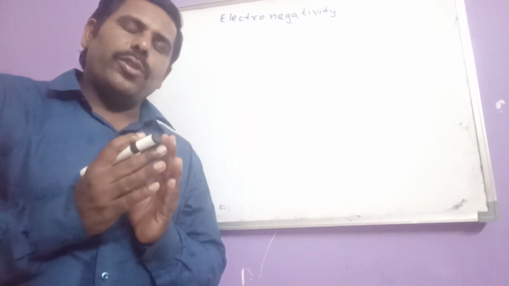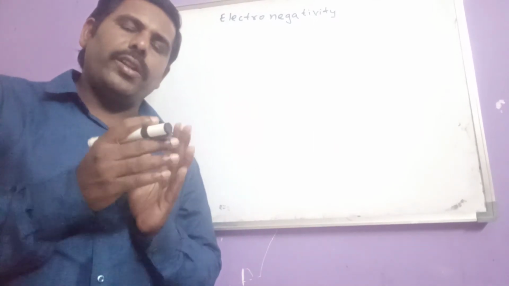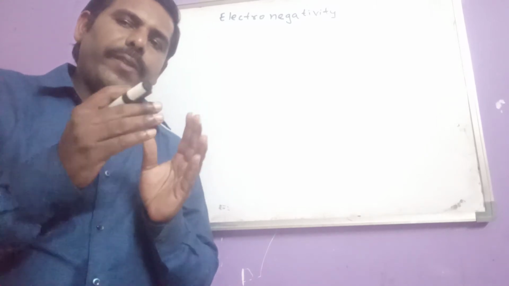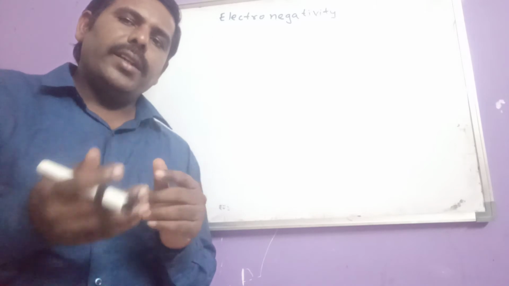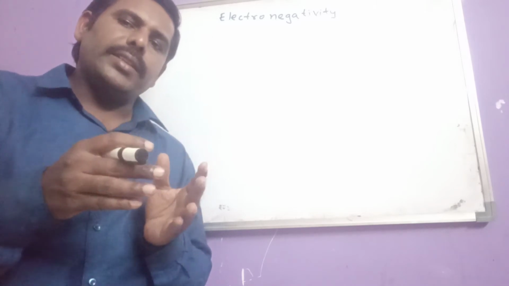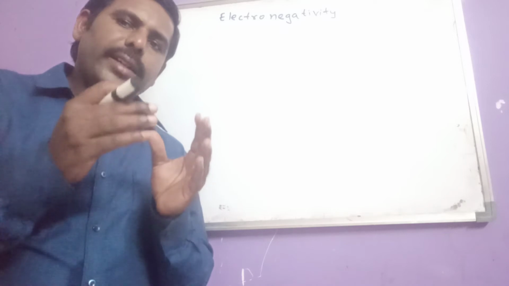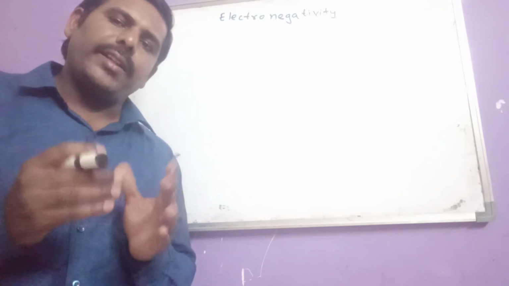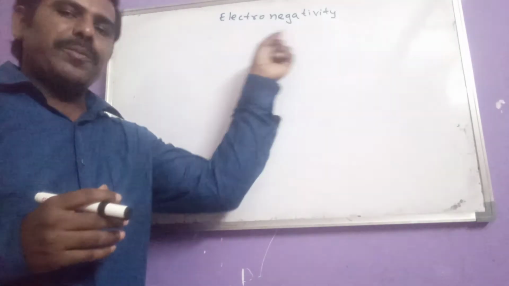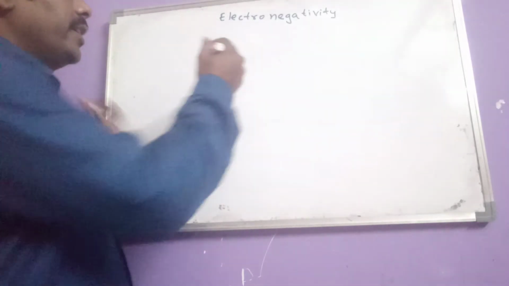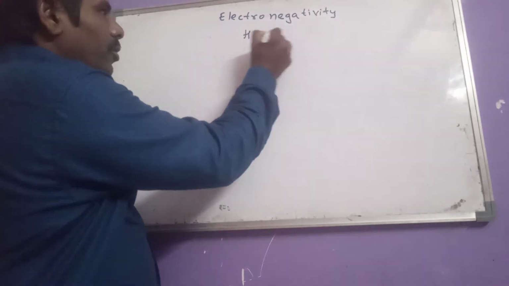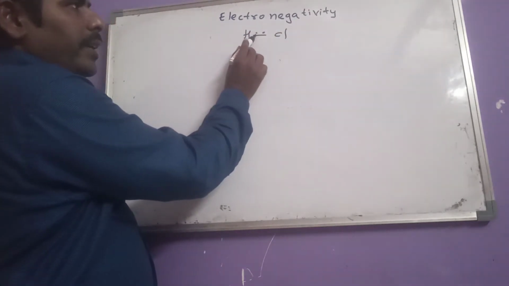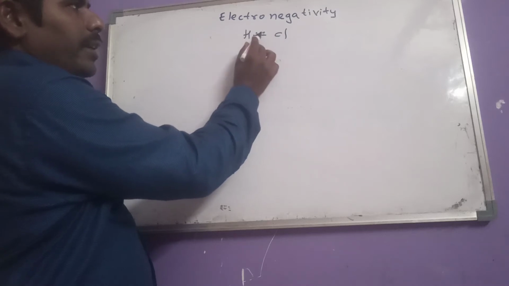For example, if two different elements are bonded with each other, and any one of them has the tendency to attract the electron pair, that tendency of attracting the bond pair of electrons is measured with respect to which one? Electronegativity. So for example, if hydrogen and chlorine are bonded, actually hydrogen donated one electron, chlorine donated one electron, that